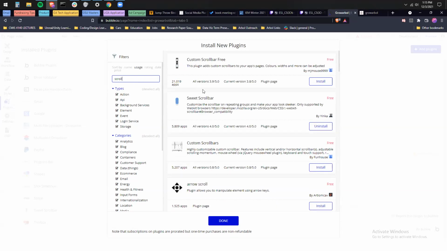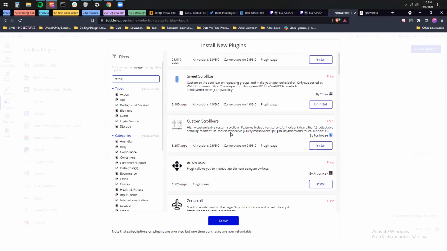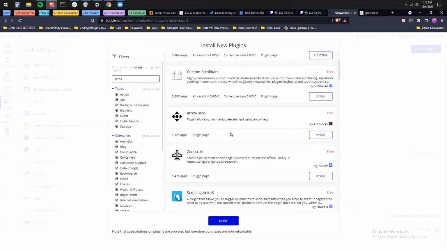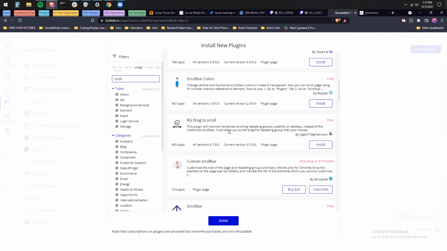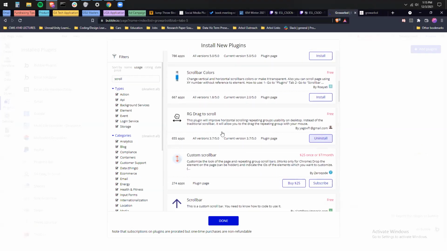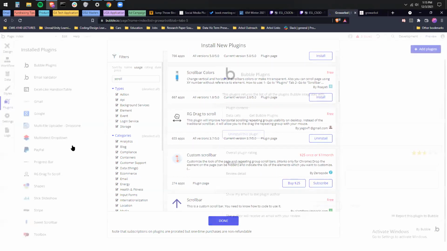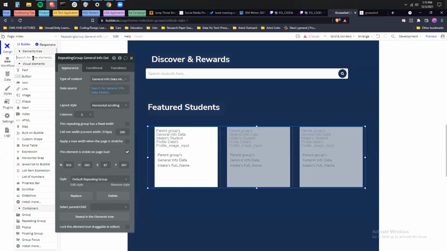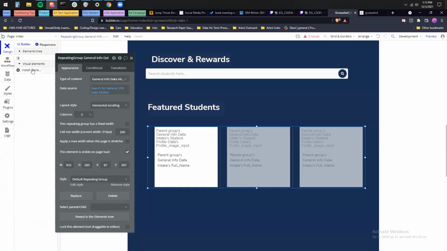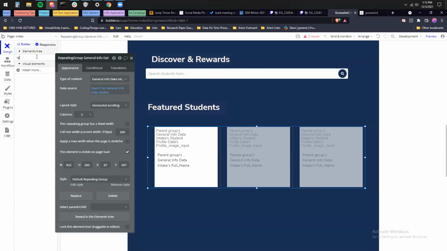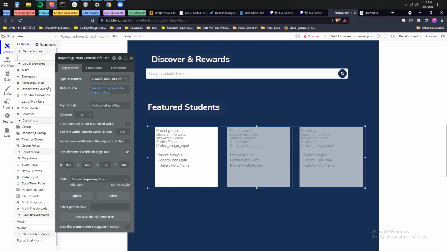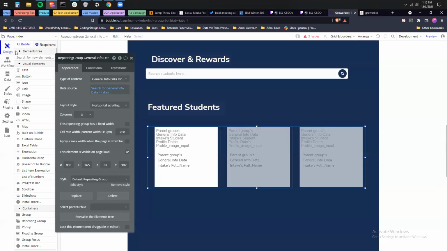And you want the scroll down, the one that does the drag to scroll, the free one. That'll allow your users to drag the group over to scroll it instead. So you just have to... Is that an element? Yeah, I think so. It's called horizontal drag on the page.